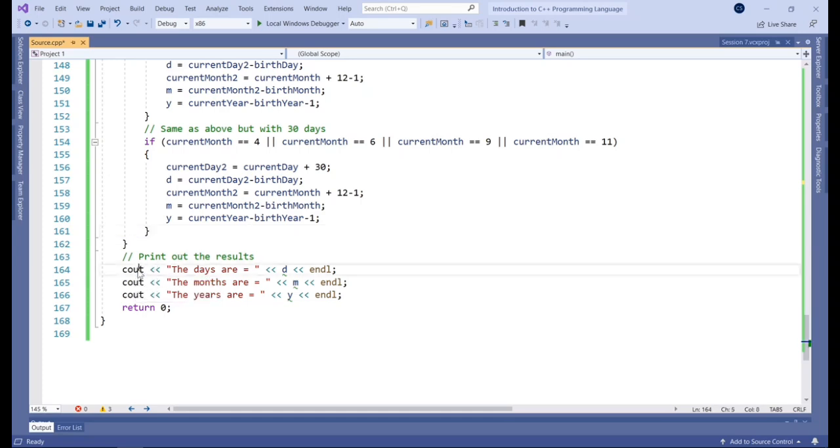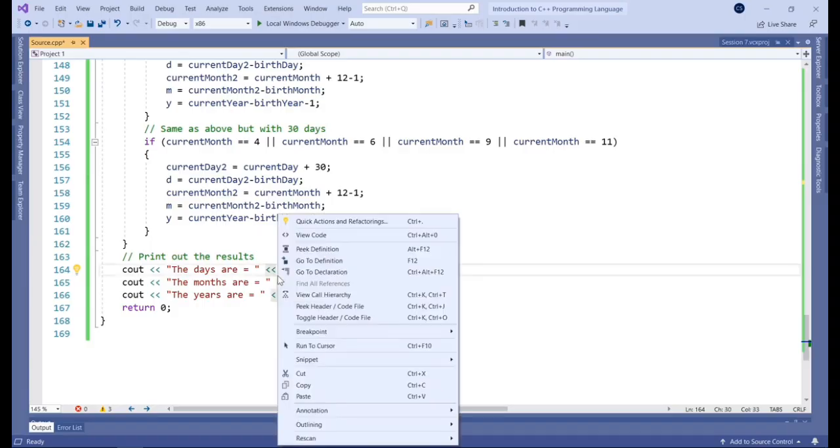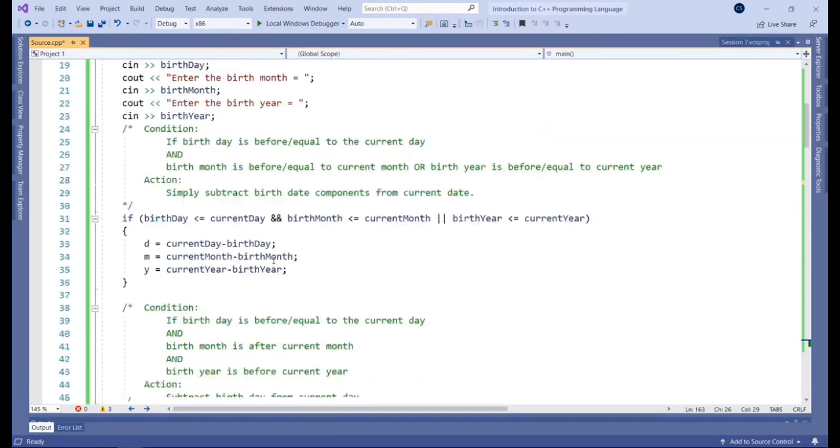So we use the cout object, the insertion operator, to insert this data onto the output stream. And then we have the variable here for d, which represents the difference, and that will get printed out. Then we have nl, which basically ends that line, acting sort of like a line break, and we go on to the next statement. So as I mentioned here, let's do a quick recap.